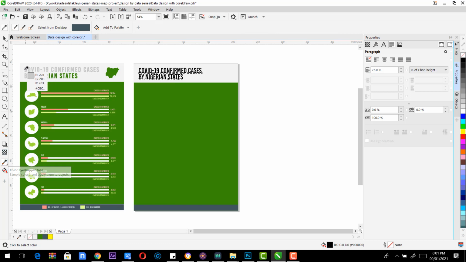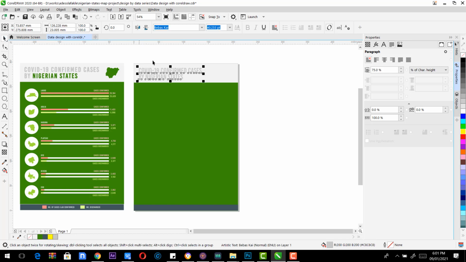Okay, so I'll just take my color eyedropper tool and carefully select the color of the text and replicate on the text. Yeah, good. Notice that